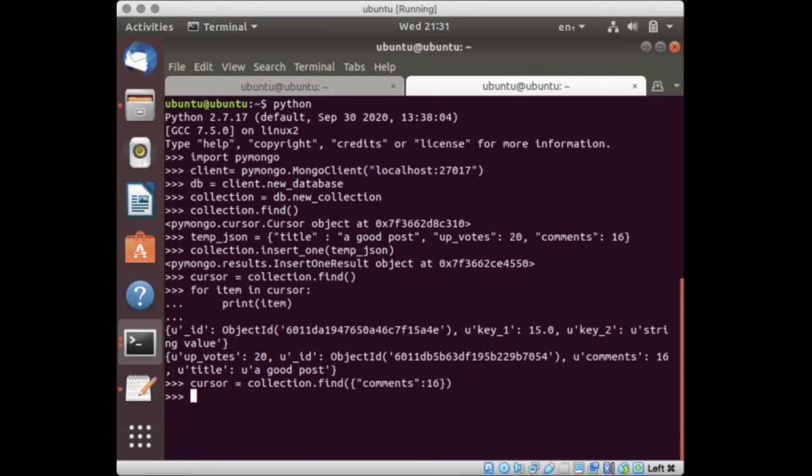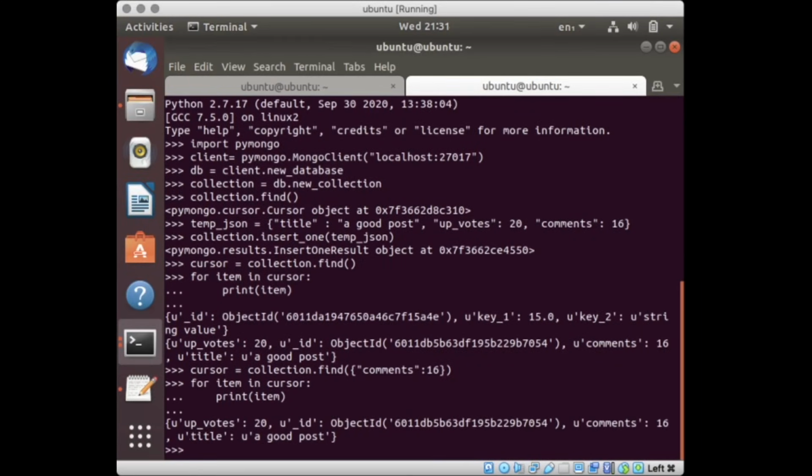So in this case, we wanted to fetch items with the number of comments as 16. So we have searched for it, and now we are iterating through the entire cursor. As you can see, there is only one item with the number of comments as 16, and we have successfully retrieved that.